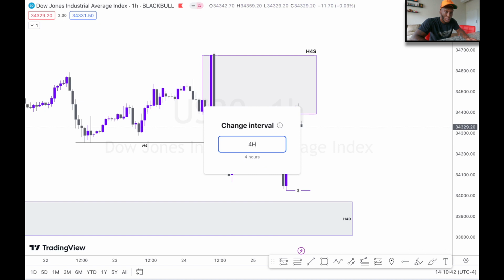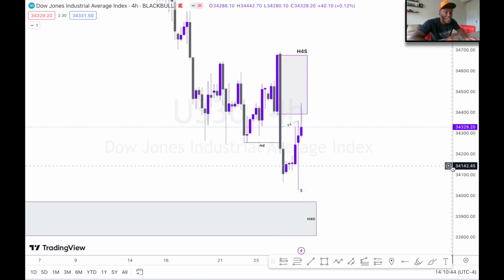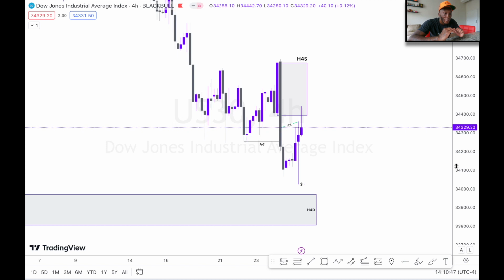So the 4 hour, the king time frame, it's like a king. Then you got the lower time frames as the foot soldiers. For me, if you trade intraday, I feel like the 4 hour is king. If you're looking at the daily, it varies on how you play the daily, but the daily is kind of tricky when you want to mark it out and trade intraday based on a daily time frame. That's kind of tricky, but it can be done if you know how to do it. If you just think that you're gonna trade that like how you trade the lower time frame, it's definitely a technique. And once you want to go to the daily, the weekly, but when you trade intraday, 4 hour, 1 hour,